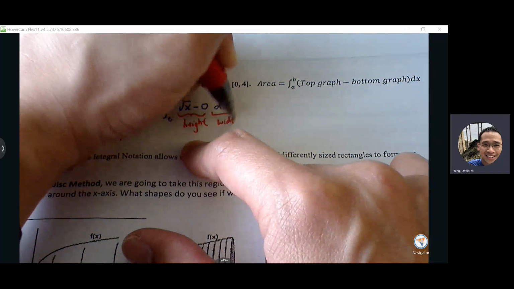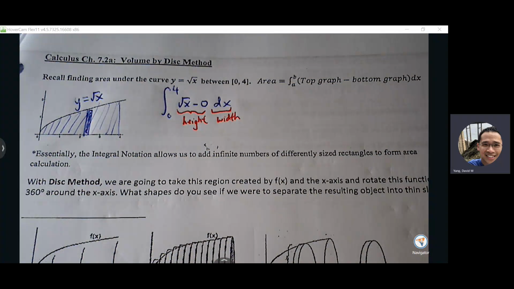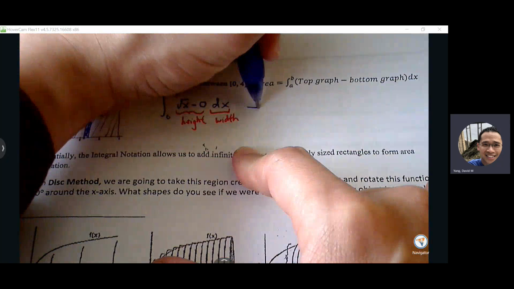And we talked about the width, how this is infinitely thin, right? Infinitely thin rectangles that we're adding. But you see the height and width component, and that reminds you of area, right? Width times height is area. So we're basically accumulating all these rectangular shapes from one end to the other. And we have a two-dimensional answer, right? At least when we go through this process, we get a two-dimensional answer. Okay. So if we were to finish off this problem,